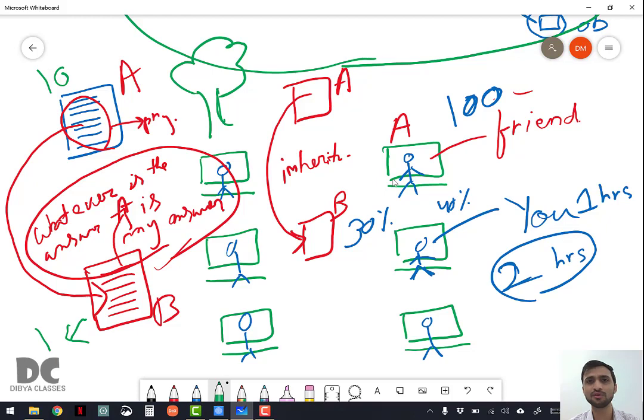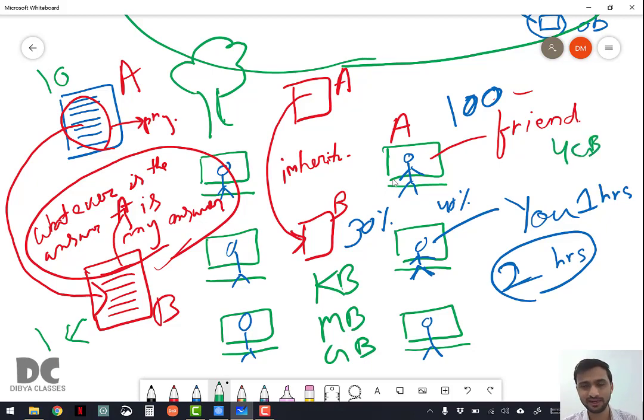Memory means, I know you know about computer memory. Maybe you have studied in your previous classes like kilobyte, megabyte, gigabyte. So these are memory spaces. Like in a pen drive, you have a 4 GB pen drive, right?